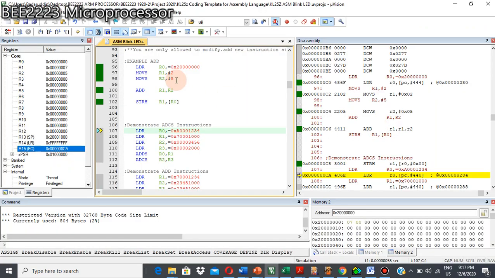LDR50. Here we must use LDR, LDR R7 with 0x00000050. Load, and then